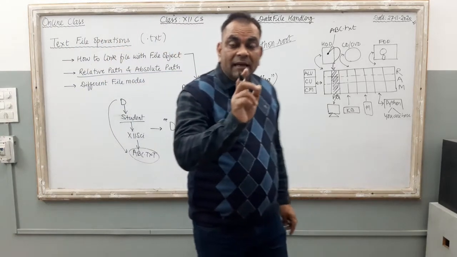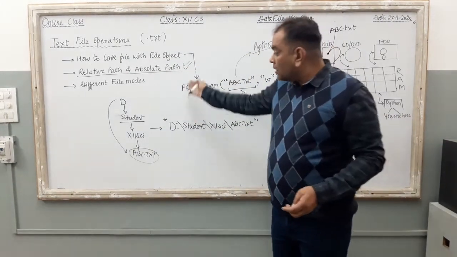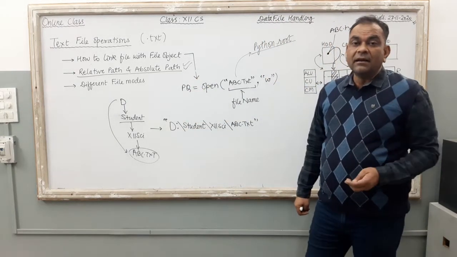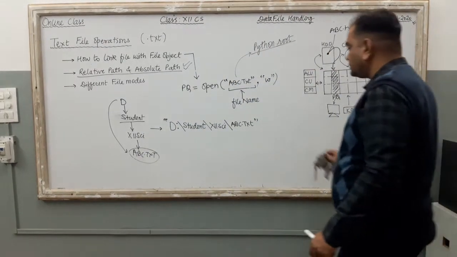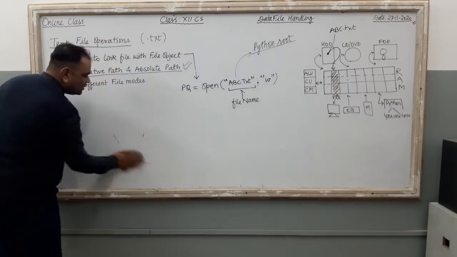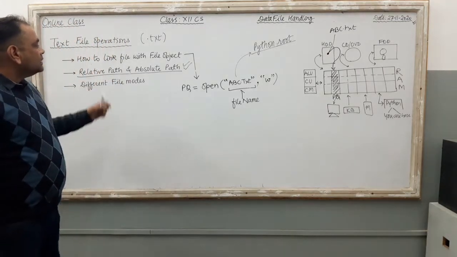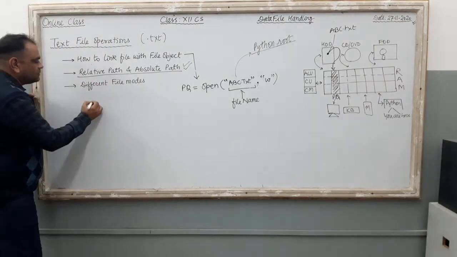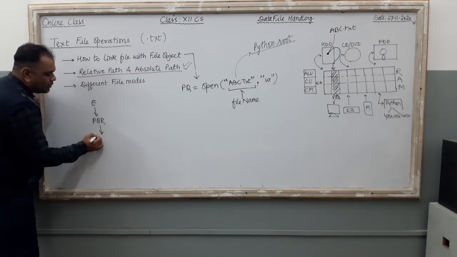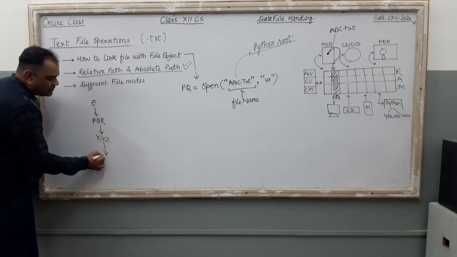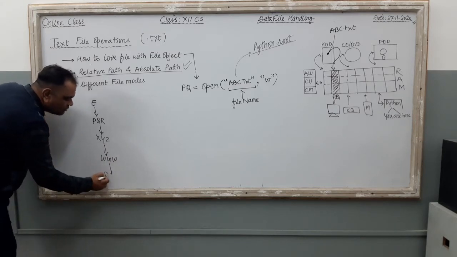1 mark weightage is there with this concept, relative path and absolute path. Either a theory question may be there in the question paper, or this type of application based question can be there, right? Now let us check one more. Now suppose you are told: write the open command to open a file whose absolute path is in the A drive, in the PQR folder, and inside the PQR one more XYZ folder is there, inside the XYZ a www folder is there, and in this www folder the file student.txt is there.